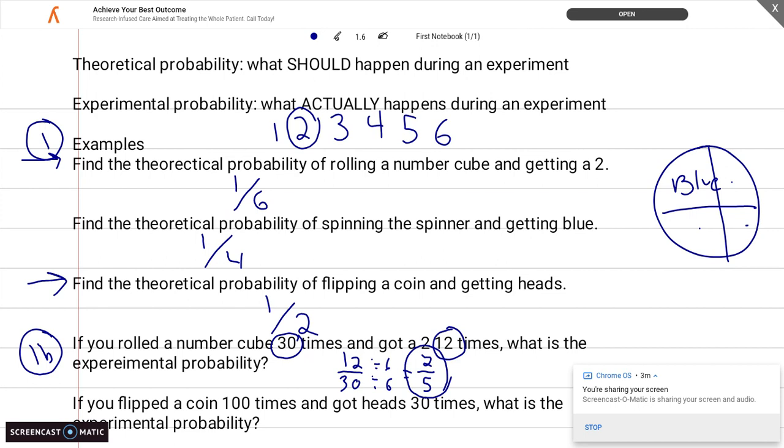And we have this one over here that deals with the coins. We're going to call this one 3, and we'll call this problem 3b down here. If you flipped a coin 100 times and you got heads 30 times, what is your experimental probability? Well, I got 30 when I ran this, and I did the experiment 100 times. So my fraction is 30 over 100, but I can simplify that and divide each of them by 10. So my fraction, simplified, will be 3 over